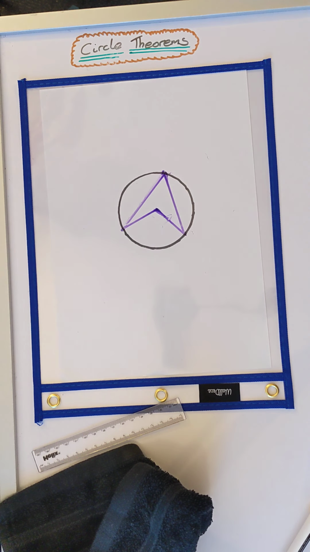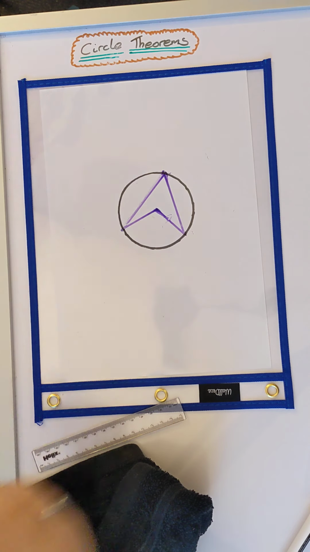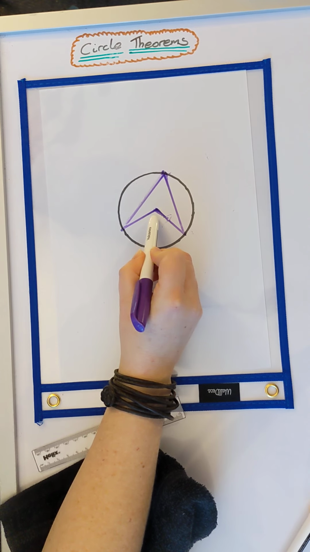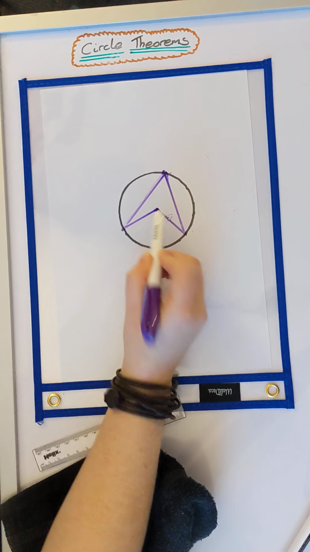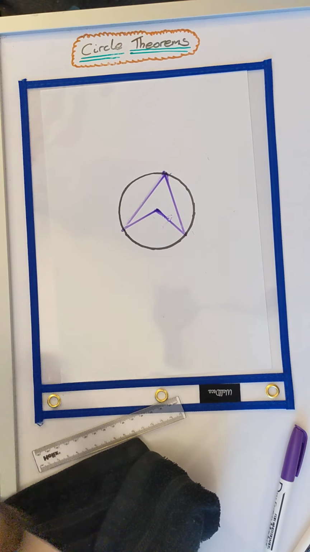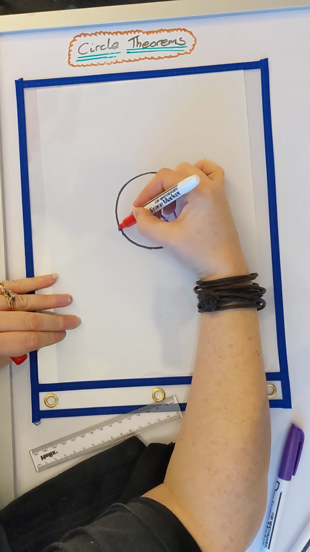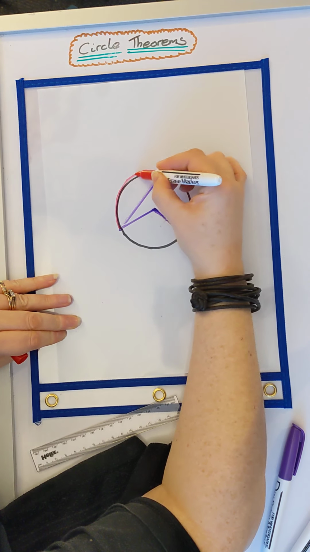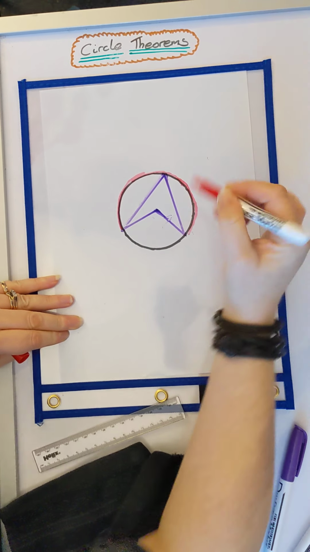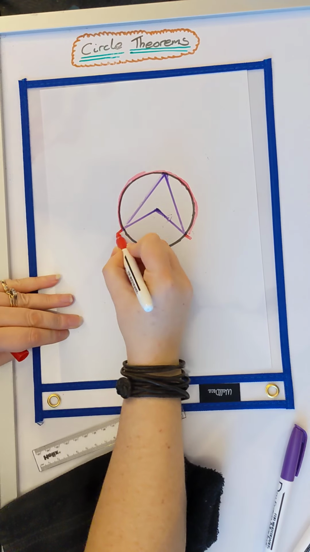Now this one we call the angle subtended by the arc at the centre of the circle is twice the angle at the circumference subtended by the same arc. Now that's a lot of words. What it means is if you look at this arc, from these two points,